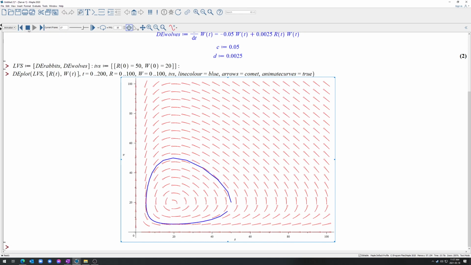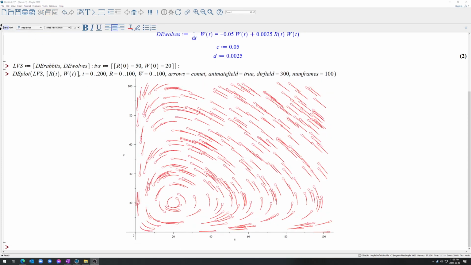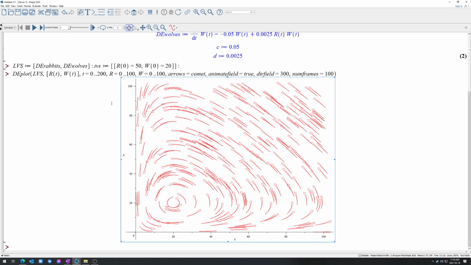Now let's change this animation a little bit so you can see, depending on the initial conditions anywhere on here, what kind of solutions we would end up with. Okay, you can see I've done a little bit of manipulating here. I've taken away the initial value problem, and instead I've animated the whole field, and I've just got 300 sort of little, well, they look like comets all around here. They're all at different initial conditions right now, and I'm going to animate each of those little comets, and you'll see them spiral around here, almost like this is a little bit of a black hole,